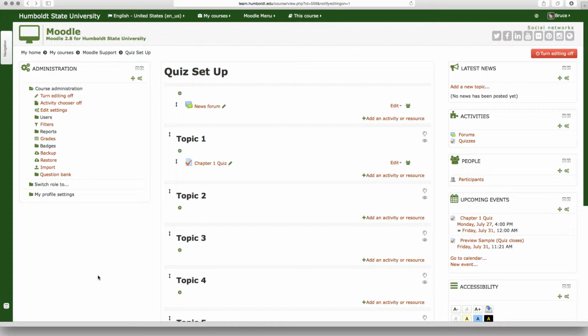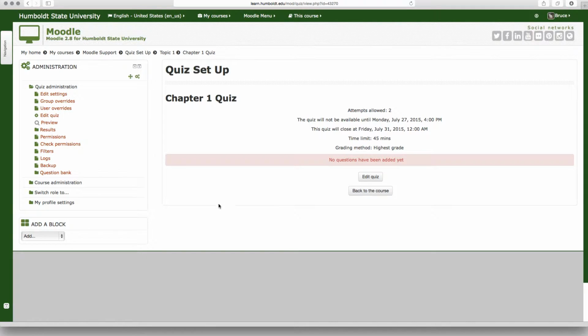Let's go to the quiz we built in our last episode, and right on where it says the name of the quiz, give it a click, and that'll take us into our editing options. Notice the first thing is all of that information we set up is going to be displayed here. Also, under where it says the name of the quiz, the information you put in for the students is going to be displayed, and this is an excellent time to check for accuracy.